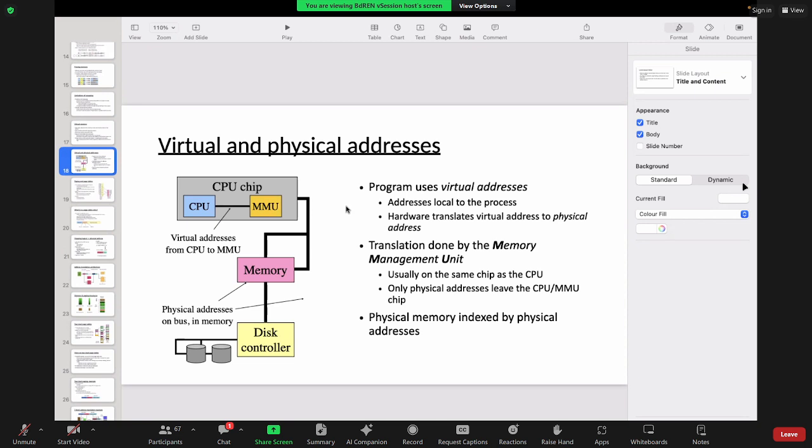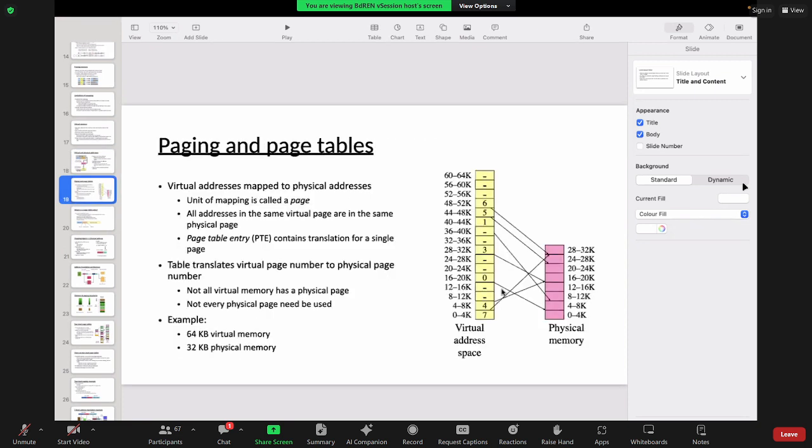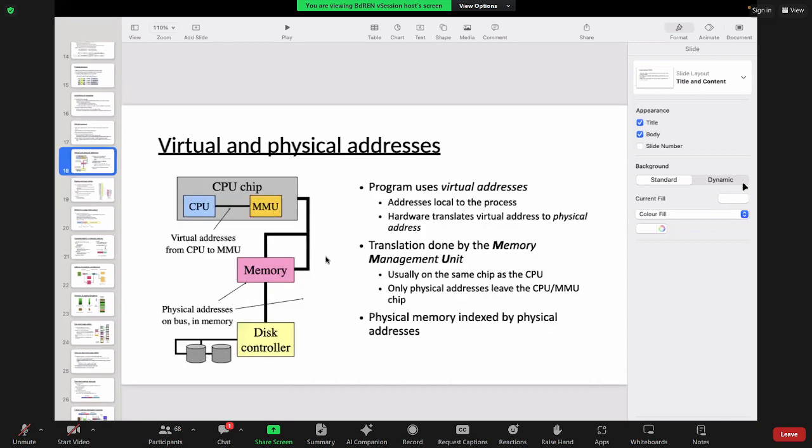From that page table it will be converted into a physical address, with the mapping of the virtual address, just like here 48 to 52K is mapped to 28 to 32K. So let's say if the address falls in this range, the physical address will be translated to this block, and it will be sent on a bus to the memory so that the process can get its data.